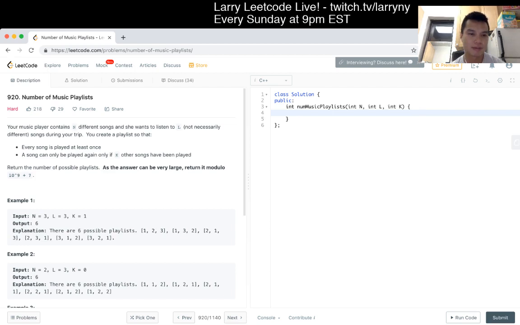The subproblems is... I think I get parts of it, but I have to figure out how to make sure we play all songs, which maybe it's not as hard as it seems. I mean, the subquestions are